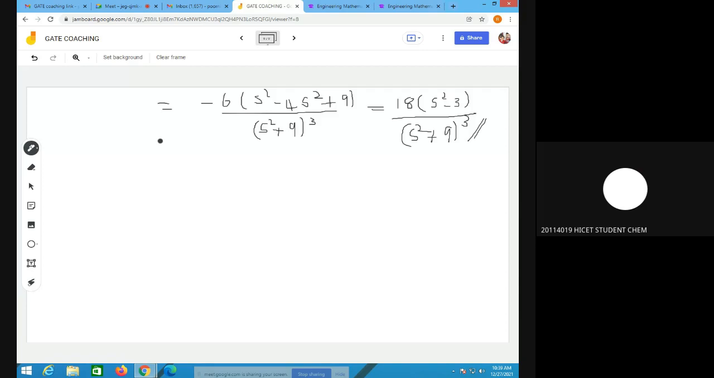Yes, ma'am. Okay. The next question is from vector calculus. So the fourth problem is from vector calculus. The work done by the force. So all of you can copy the question. The work done